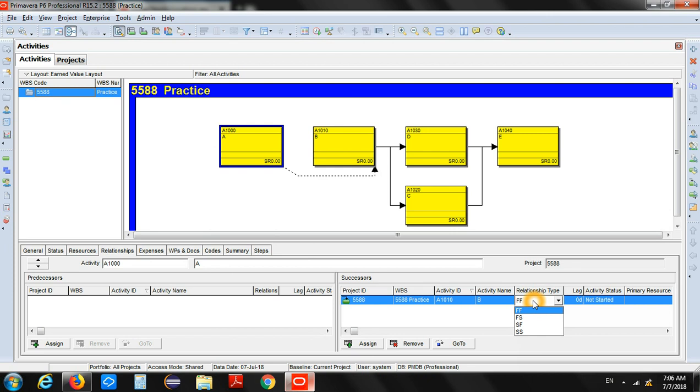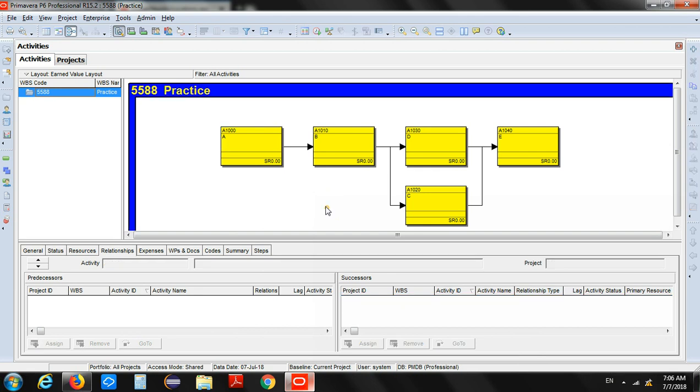In fact, we need the relationship start to finish. Sorry, not the start to finish, finish to start. Which means you have to finish activity A and then you can start the other activity, which is the default relationship. We have 4 different types of relationships, which we will see in detail in some other video. So once we have selected the right type of relationship, so we have the same